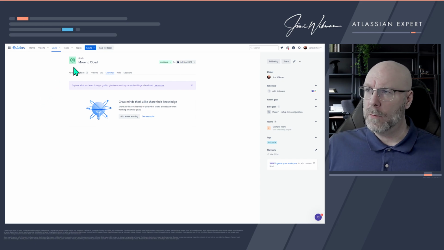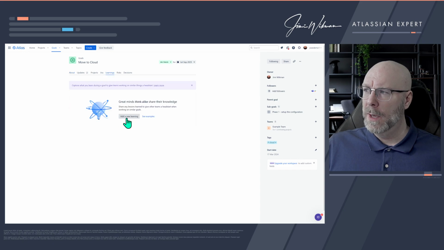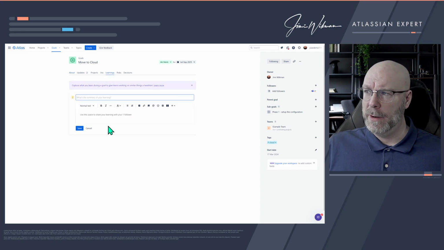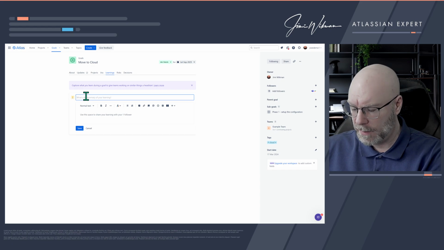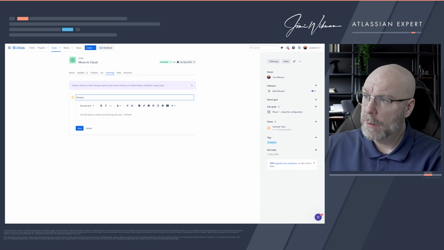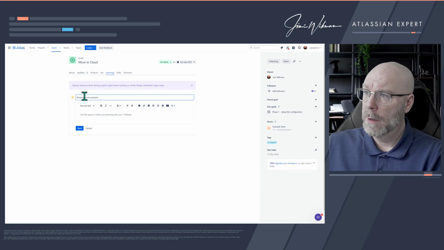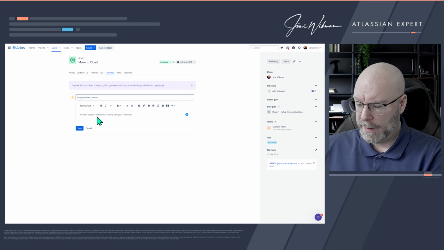And the way that one works is that we will now have, in the tabs up here, learnings, and we can then add a new learning. So we will have a summary of what we have learned, and then we can have text for it. So we can take this as anything. For example, and we can just say,